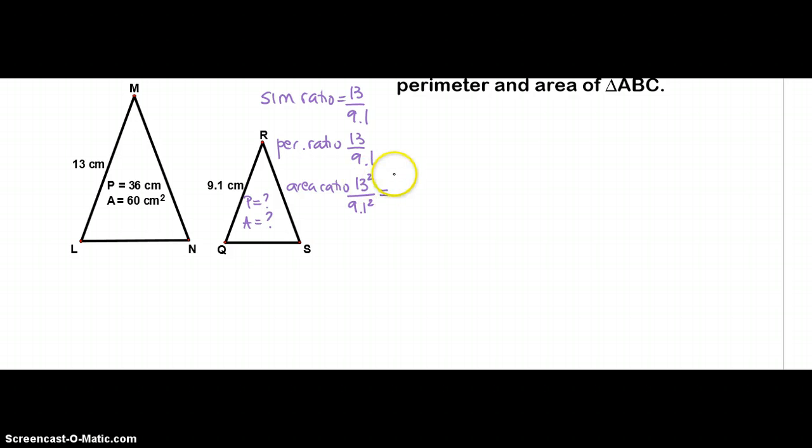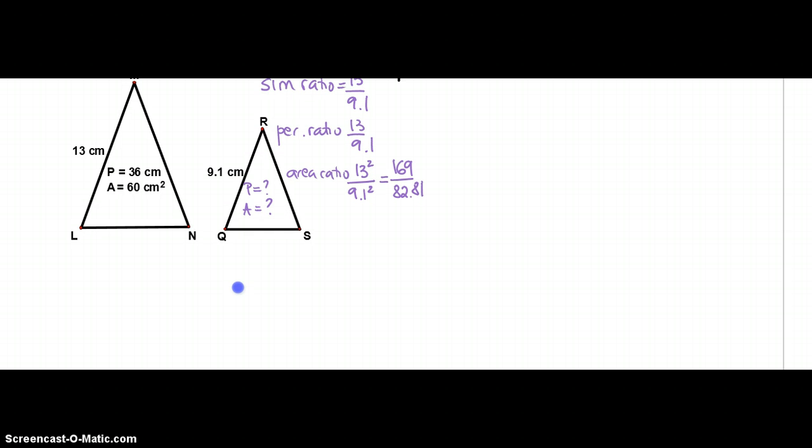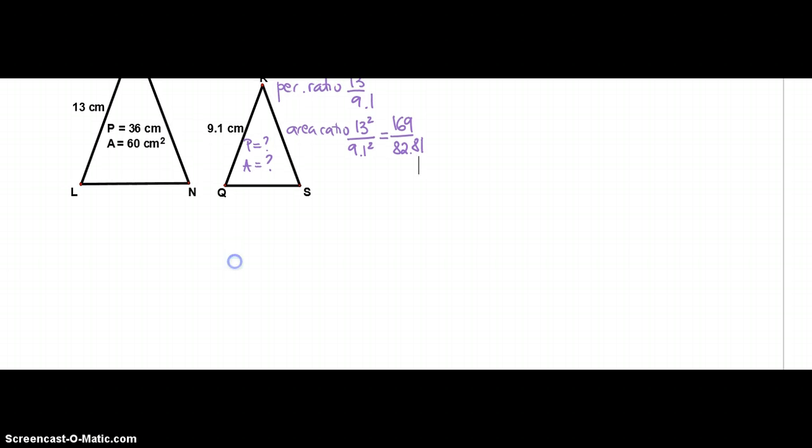And that's 169 over 82.81. Okay, so now we need to use these ratios to find what we're missing. First thing we're going to do is find the perimeter of the second triangle. If we're looking for the perimeter, we're going to use the perimeter ratio. So we're going to write 13 over 9.1